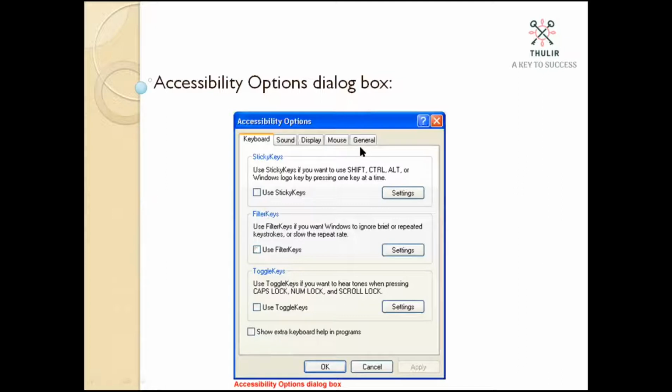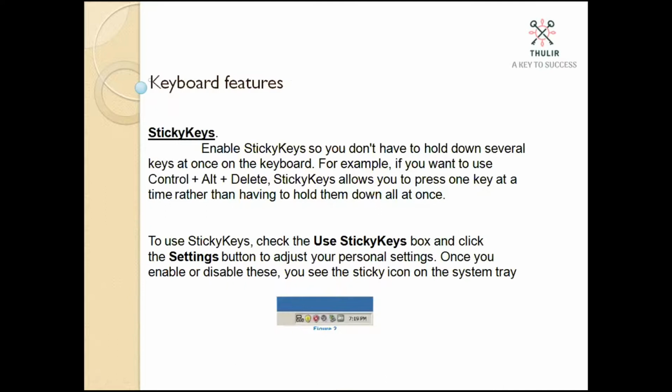First we will talk about the keyboard tab. Under keyboard we have 3 main features. One is sticky keys, the other is filter keys and the other is toggle keys. Okay, let's first talk about sticky keys. So what I mean by sticky keys, first we'll try to understand that, then we'll go ahead and see how we can use it. I request everyone to watch this video till the end so that I can show you the practical benefits, practically how we can use all these features. Now we will go with the theory. At the end of this video, I'll show each and every feature, how to use it practically, right?